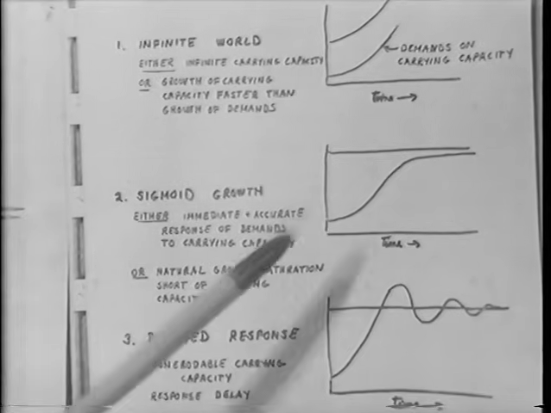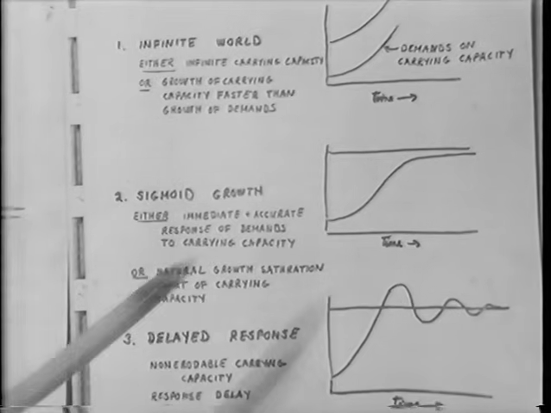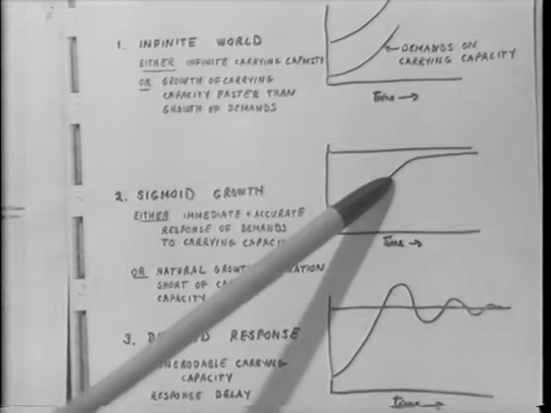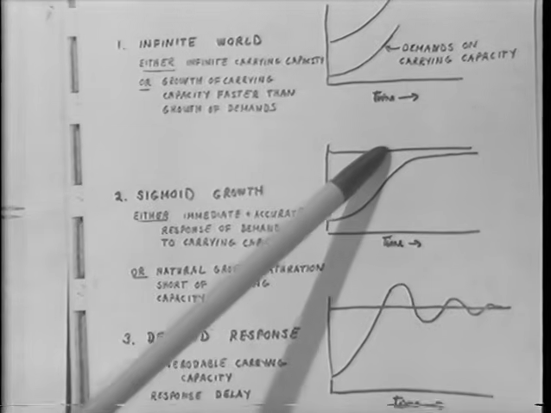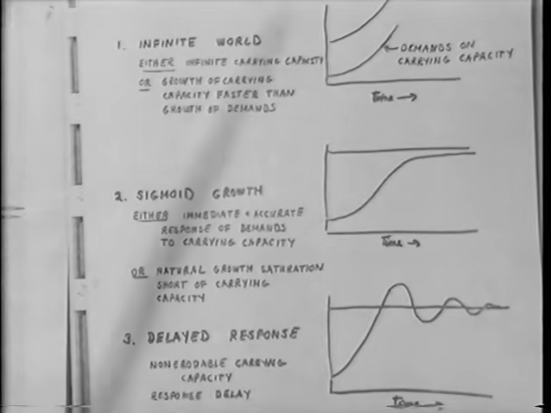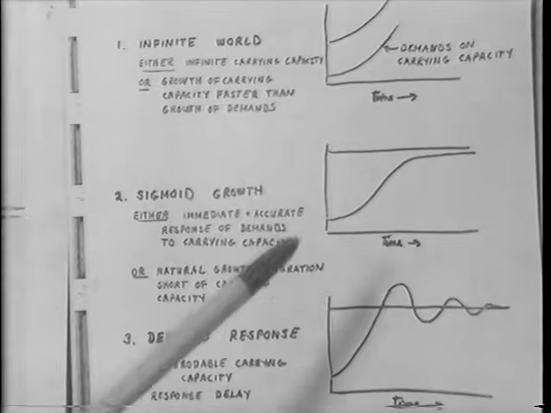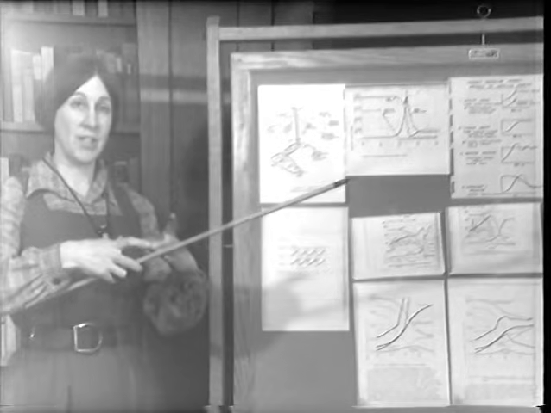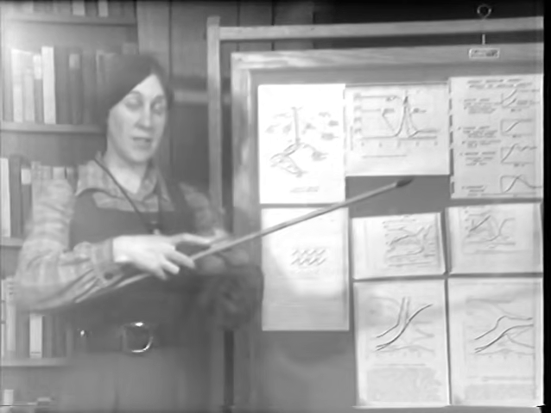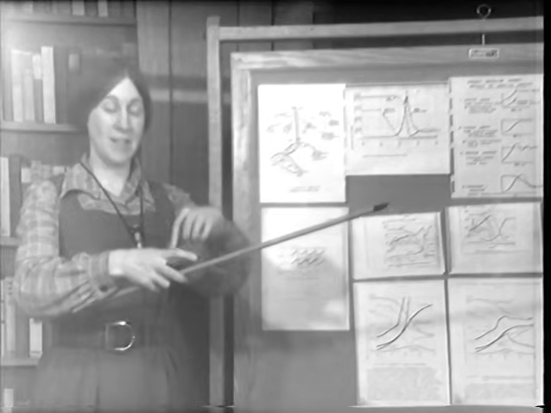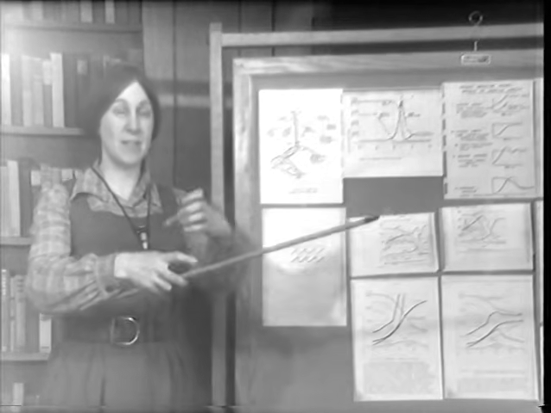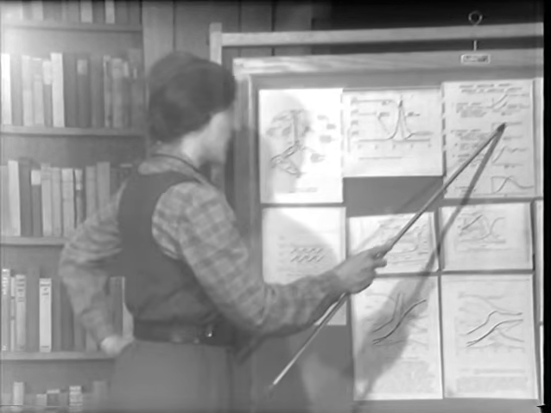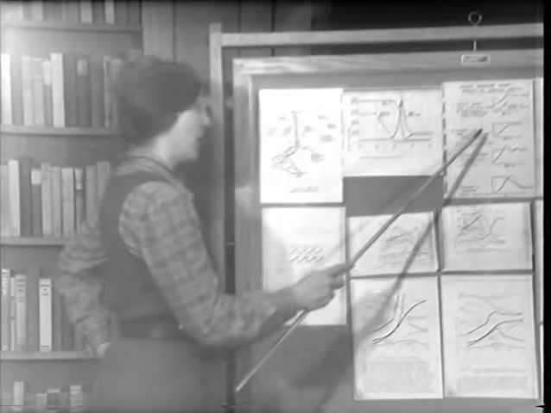This can happen only under one of two conditions. Either there's some immediate signal that the population gets telling it how fast to grow as a function of how far it is from its ultimate limit, and the population can respond immediately to that signal. This is observed, for example, in bacteria growing in a petri dish with limited nutrient, and the bacteria know immediately how much nutrient there is around them, and as there's less nutrient, they grow more and more slowly. So such examples do exist. The other